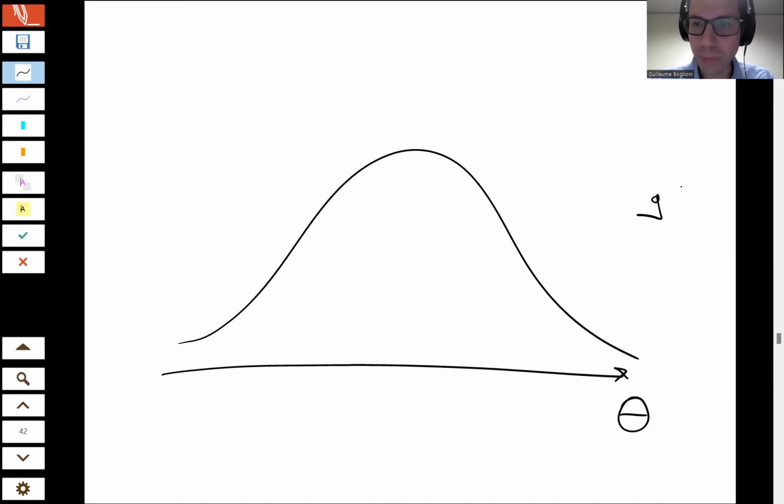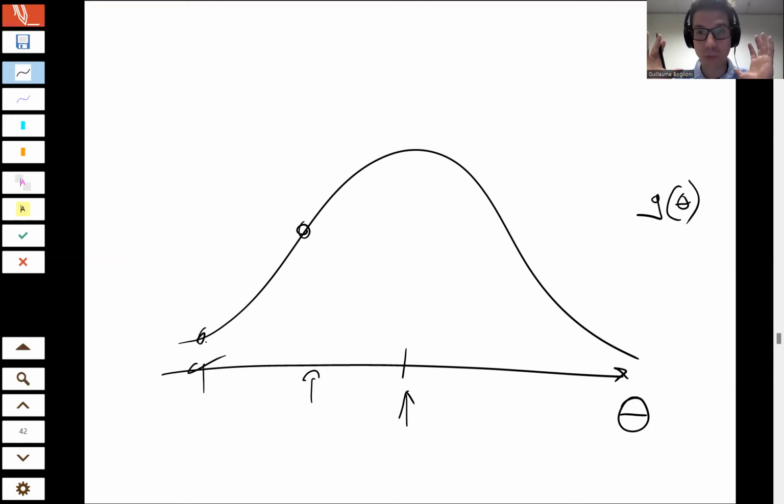Okay, so G of little theta, this represents my prior belief. Okay, I think theta is around here. Okay, I think theta is around here, but I'm quite uncertain. So I assign a likelihood that theta is around this value to be kind of high, but I'm not certain about this. Okay, so maybe theta is here, but I think this is less likely. Okay, but it's still a certain probability that theta is around here, and then here it's still possible, but I just think it's very unlikely that theta is around here.